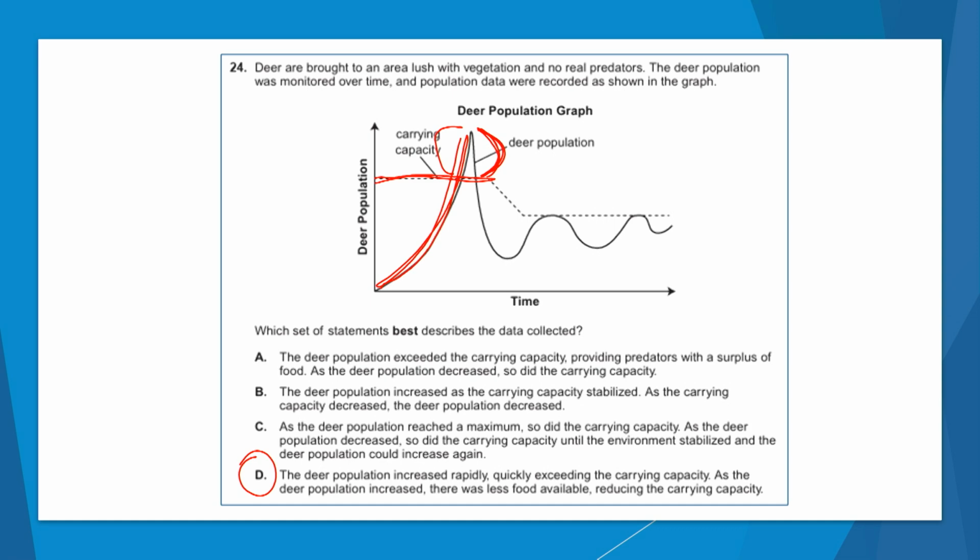So now we're eating all of the grass. We're drinking all of the water. And what this represents is now, because the population was so high, the carrying capacity decreases a little bit because now we're in a time of famine or drought. Because we used up all of our resources up here, it drives the carrying capacity down a little bit. And where it used to be able to support this many organisms, now it can only support this many. And you'll see this a lot where it kind of dips down really, really low,